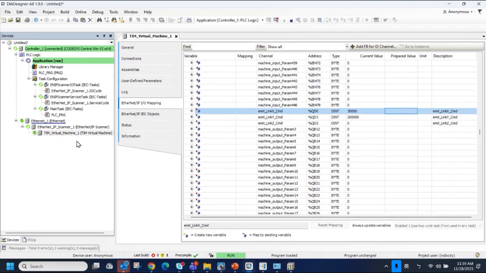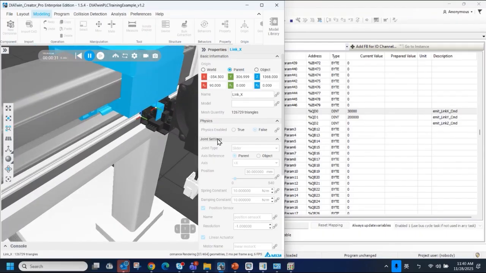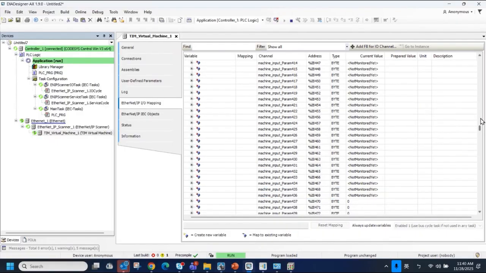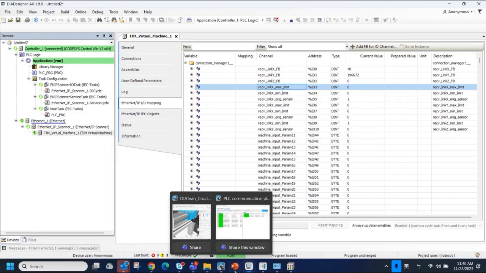Right. Okay, so I can control it to make it at the origin sensor. So after that, when I check it out with the value right here, you can see the origin sensor signal is true, and the max limit sensor is off. Okay, by this way, we are able to control it. And that's today's